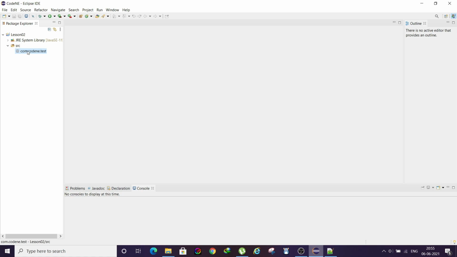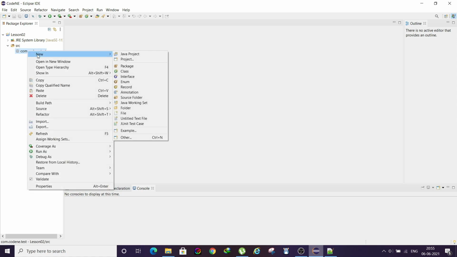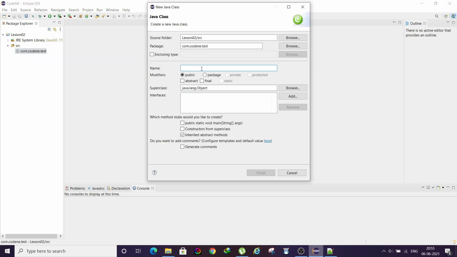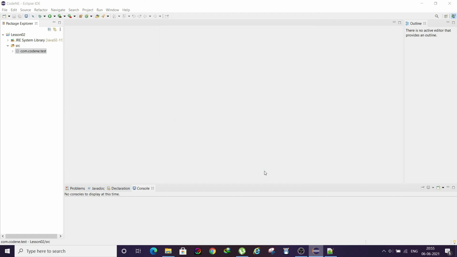Right click on this, click on new, and click on class. You can name it anything. Let's name it first class. Then make sure to select this: public static void main. Selecting this makes sure that this class will be run as the main class. Click on finish.